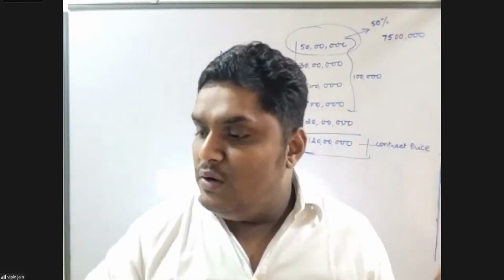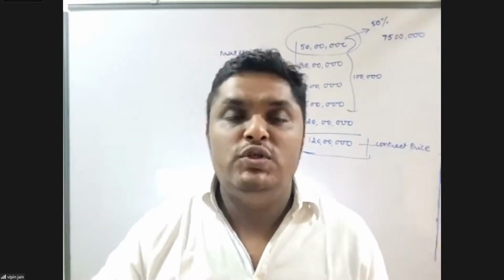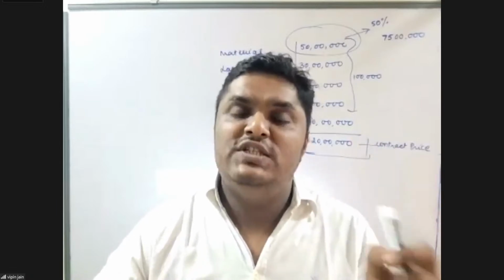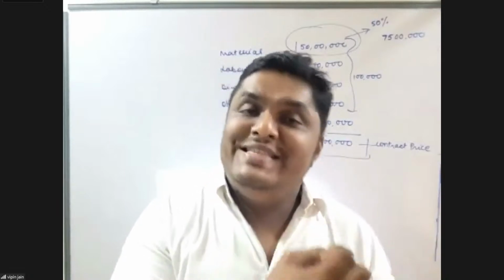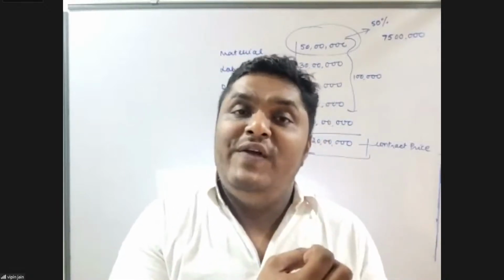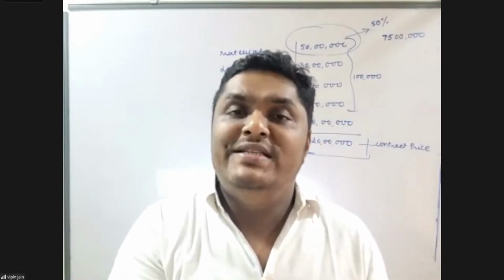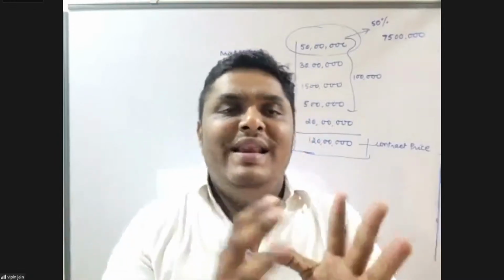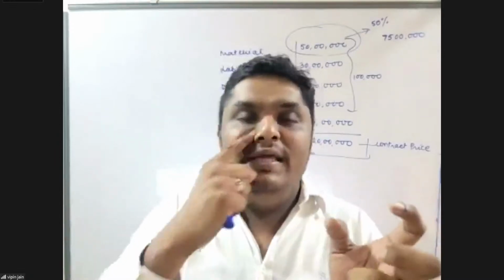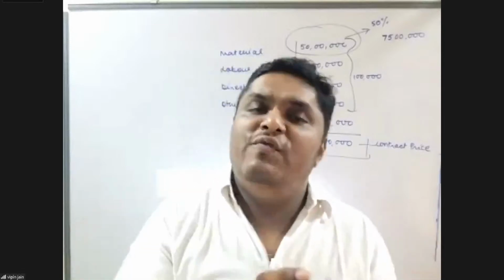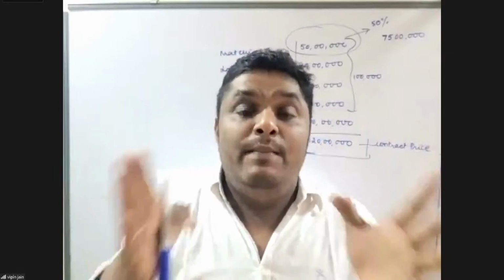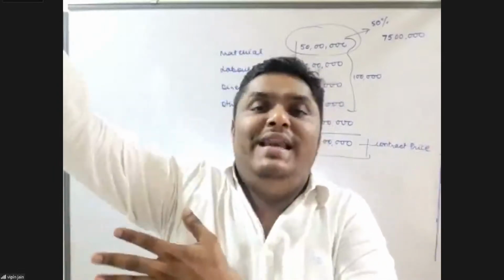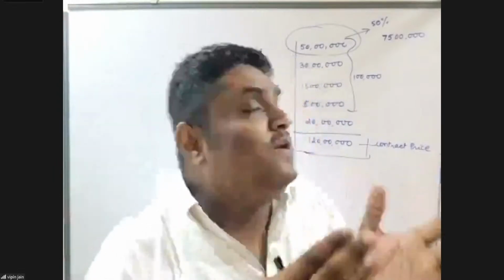If you guys have any doubts in the escalation clause, please post your query. I repeat again, what is the escalation clause? This is for the benefit of the contractor. Further, the escalation clause says that in the event of rise in price of material or wages beyond a certain level, let's say there is an increase in material cost by 2% to 5%, generally the contractor keeps a provision for that. But if it has gone beyond a certain level, say an increase of 50%,